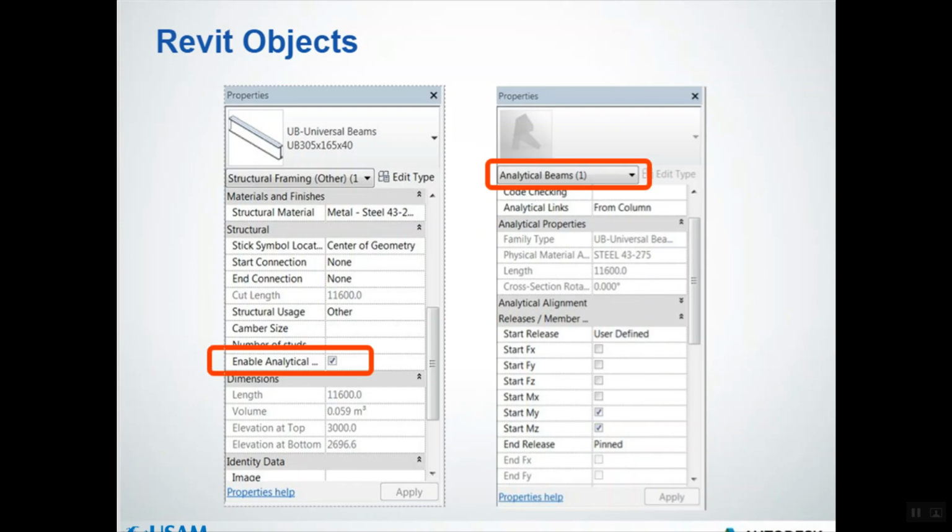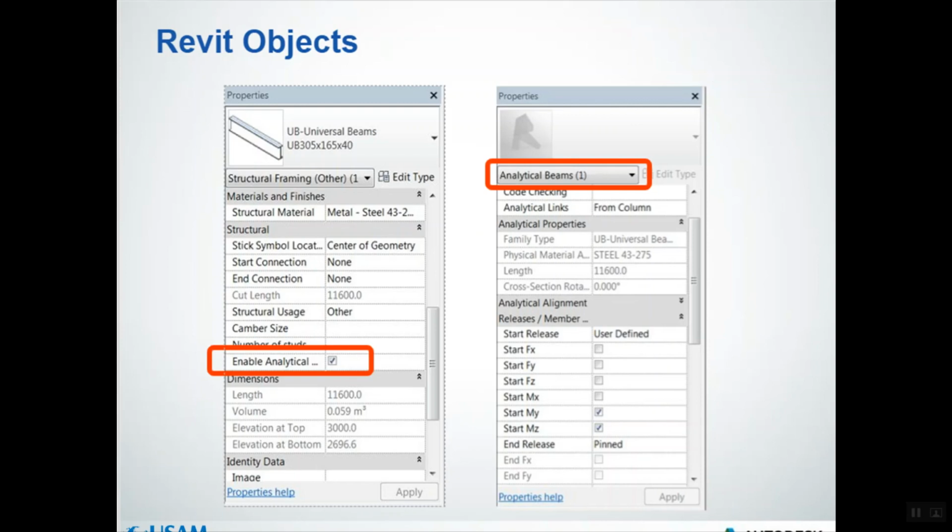Likewise, you can see here a universal beam has an option in its properties called Enable Analytical. If the check is on, only then will the element be transferred to Robot Structural Analysis, or otherwise it will not transport. An error will occur while transferring the objects.